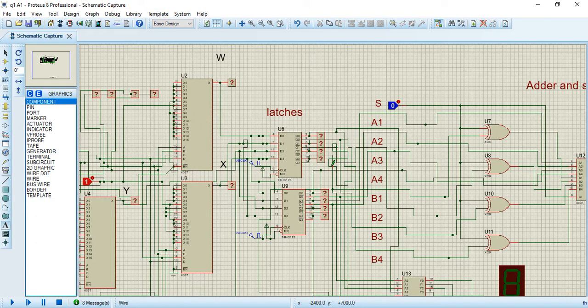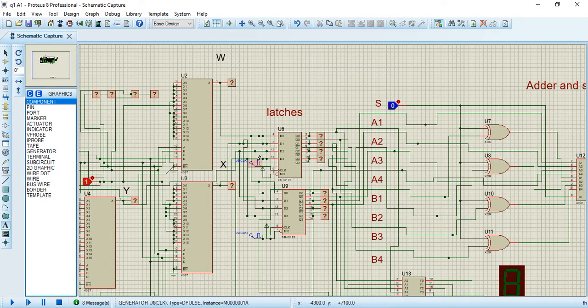Why will we use latches, and what is the purpose of latches? A latch is a kind of circuitry which gives feedback, or we can say it is a sequential type circuit. We get a feedback from the output, and this feedback is applied at an input. Our main task is to implement multiple inputs from a single keypad. For that purpose we will use two latches, and we will apply the pulsating signal at a clock.